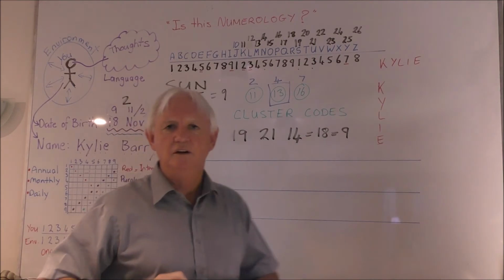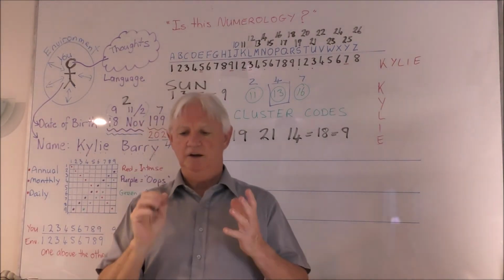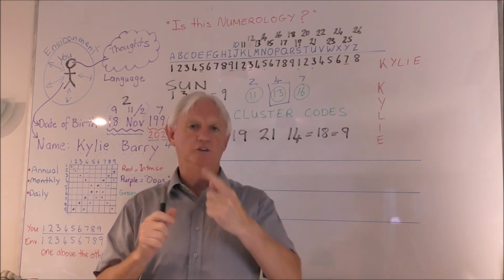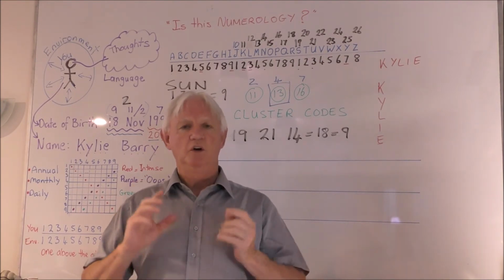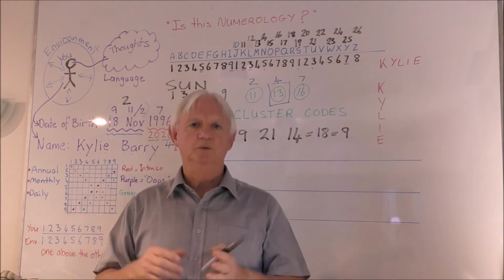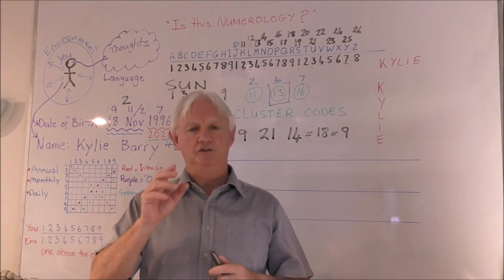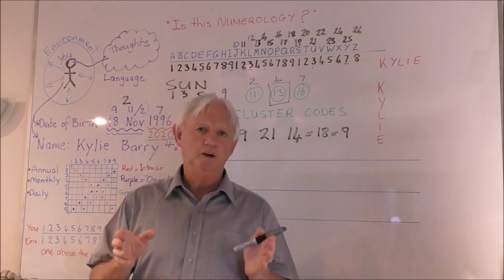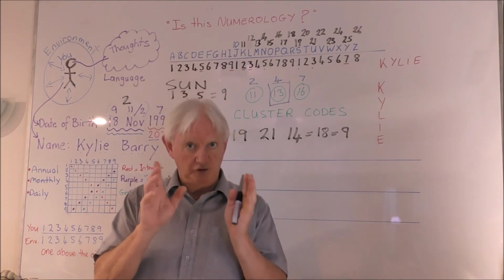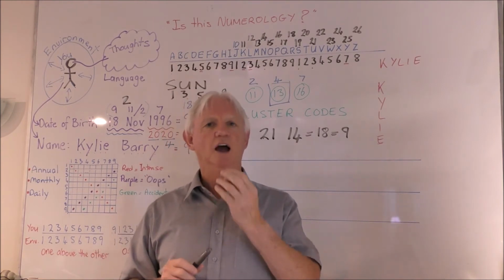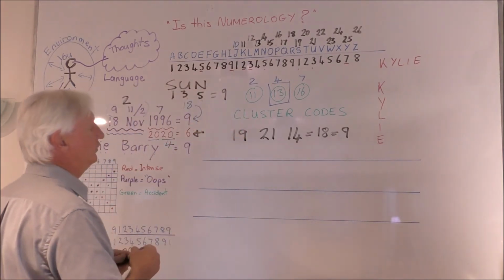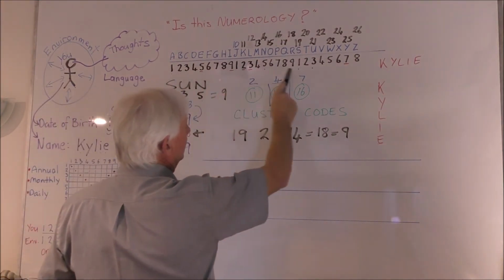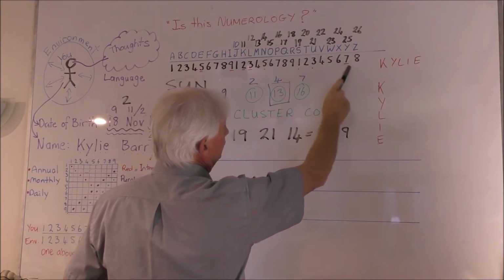Did you know that the Earth rotates around its own solar axis as it's going around 27 times every time the sun does one revolution? So what does 2 and 7 equal? Well, it equals 9. And if that's not just so, what about the moon that rotates on a cycle around the Earth 27 days? Now that's approximately, it's just a variation there, 27 days. And that's again another 9. So this number 9 seems to work everywhere, including in A to I, J to R, and S to Z.